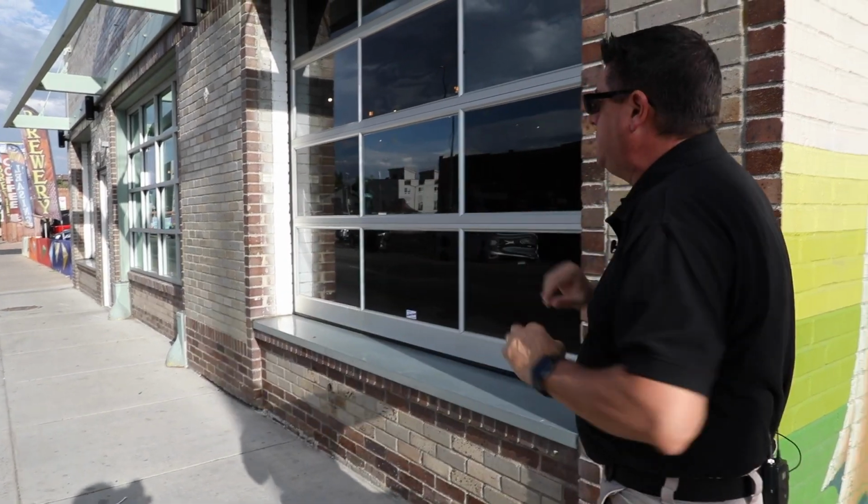The real key to being a really good commercial inspector is being able to put all that into context. If it was a brand new building, you might talk about cracking as being very serious. In a 1926 building, some of this cracking could have been here for 60, 70, 80 years and not be as detrimental. So what we'll do is we'll get started, and we're going to kind of move this way through